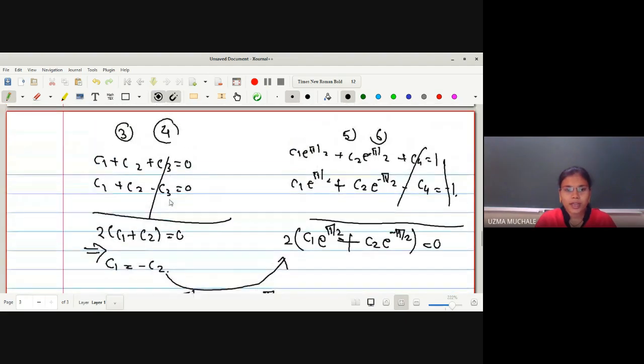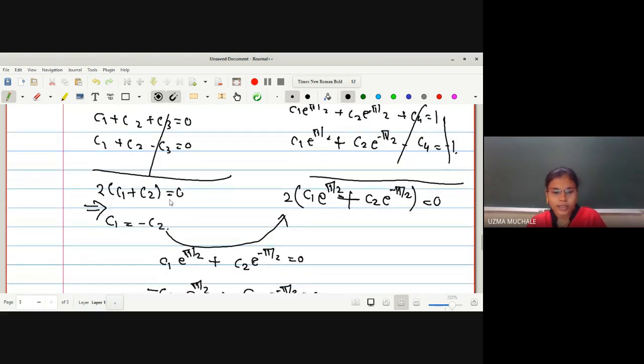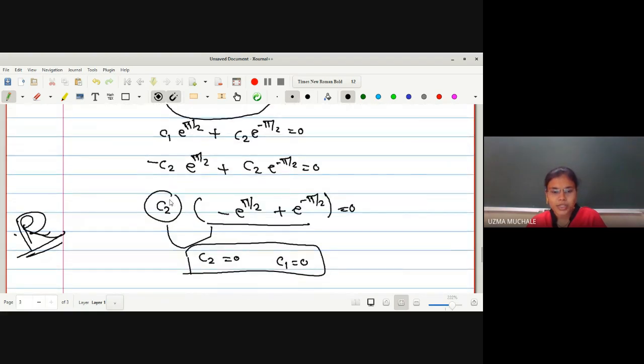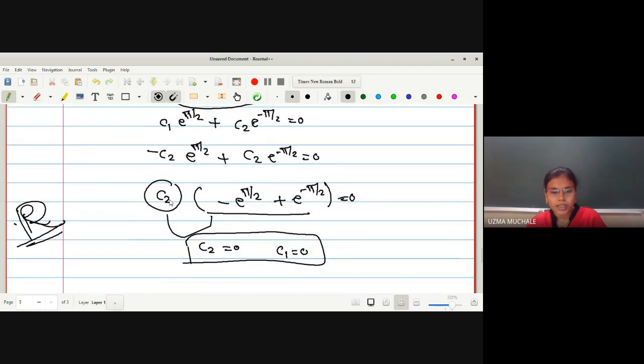Okay, what I have done, simply I have added equation 3 and 4, equation 5 and 6, and then we got the relation. After getting the relation, the term we are using is C1 is equal to minus C2. We have to use it in equation 2. After using that, the product of these two is 0, but we know that the graph of e raised to x is never zero, and hence we can have